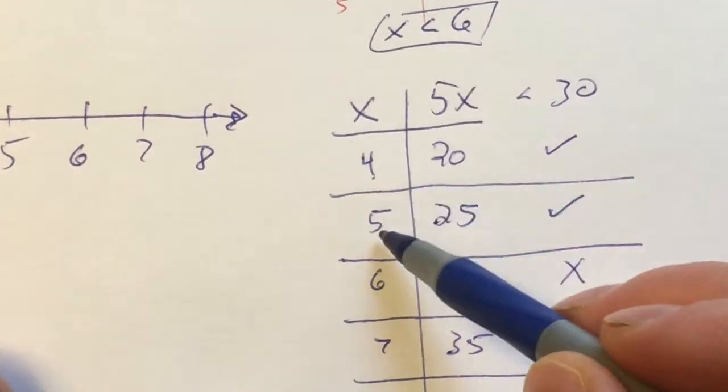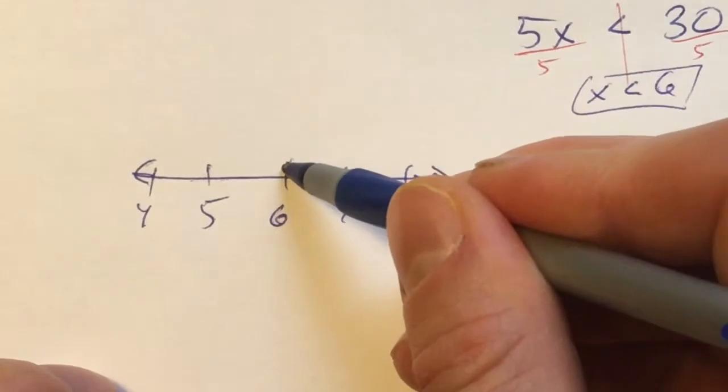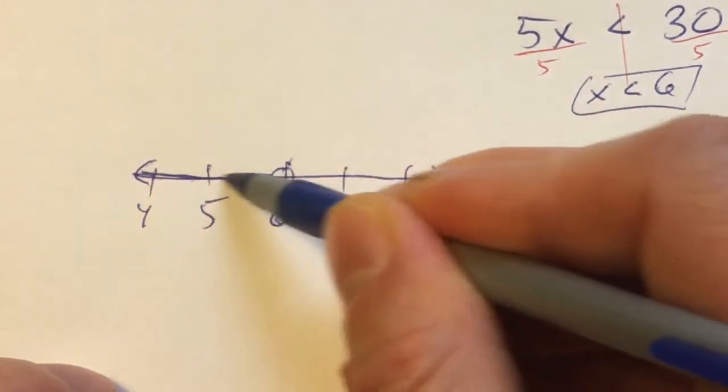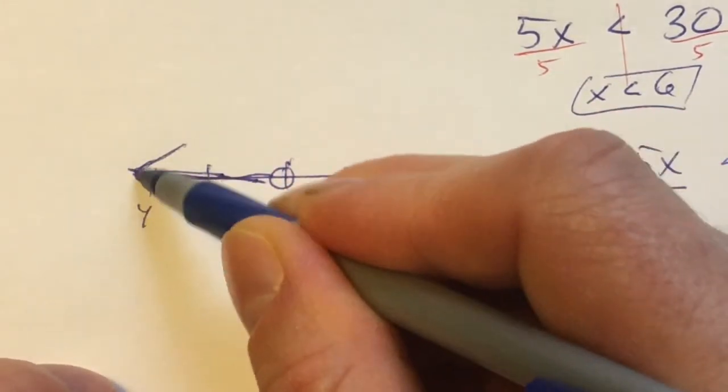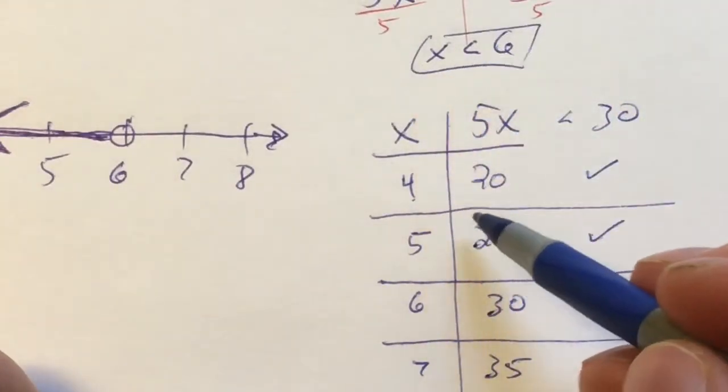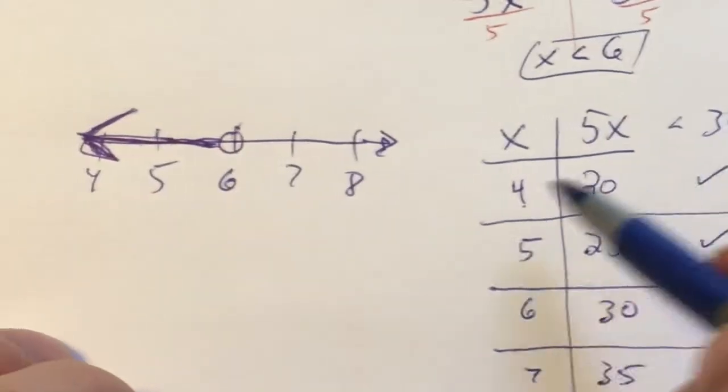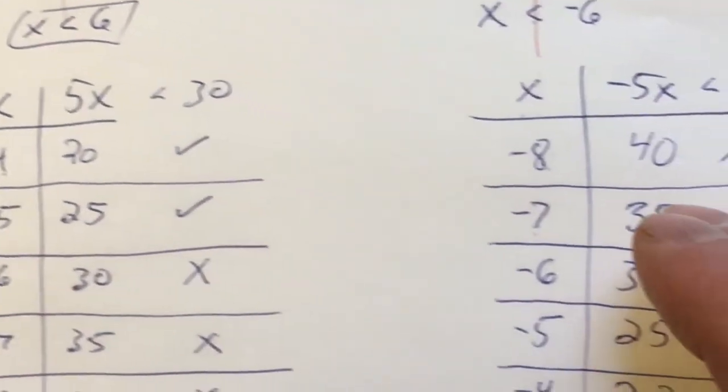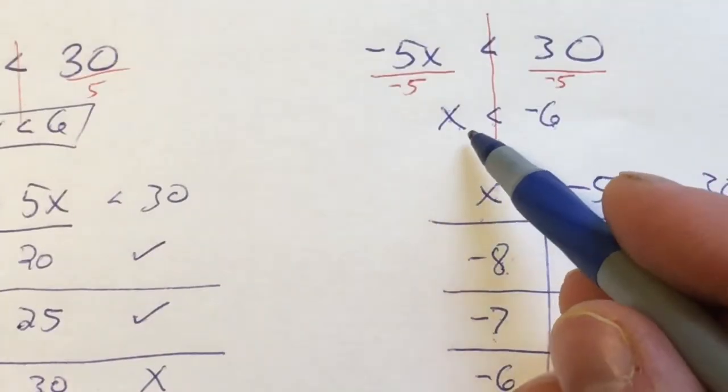Here, 4 and 5 are good, less than 6. Okay, so less than 6, we're good. Our solution, 4 and 5 work. When I put 4 and 5 in over here, they're less than 6. Everything remains less than 30. We're happy. But over here, I'm supposed to draw